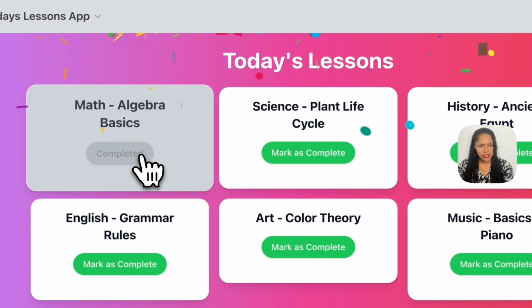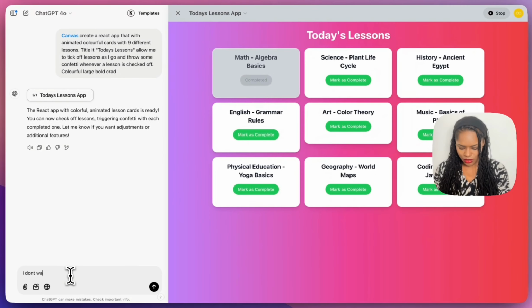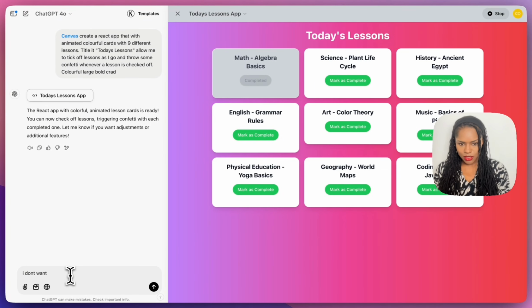Nice. Cool. I wanted a checkbox. Yeah, we don't need to be grammatically correct. I said crads and it's still done it. So, you know, I don't want it to have completed buttons. I want a nice, I want nice